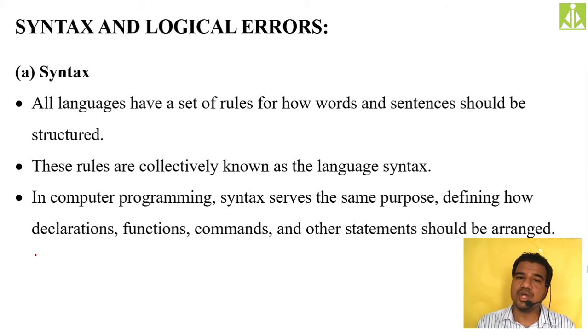Rules for framing the statements, rules for writing the words, rules for communicating. Those rules are nothing but your syntax. Syntax for spelling the words, syntax for framing the sentences.